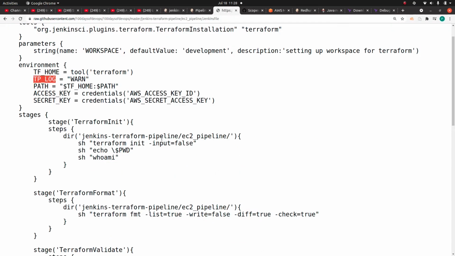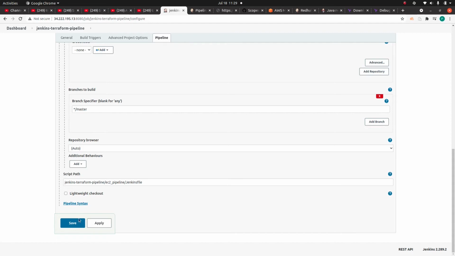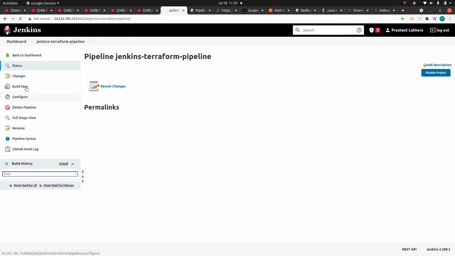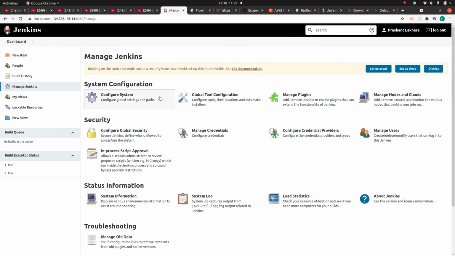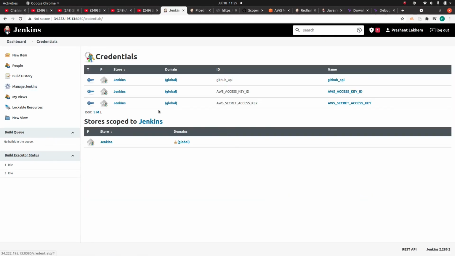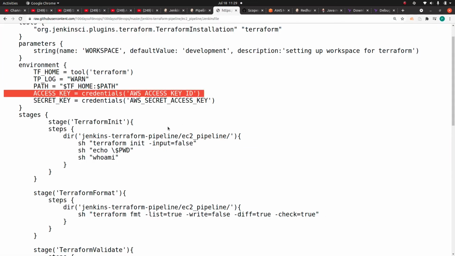Once that has been done, I'm exporting Terraform into my path variable, and the access key and secret access key. If you remember, we specified these in the credentials. When we created those credentials, we specified access key and secret access key here. Okay, and I'm going to refer to that in my code.